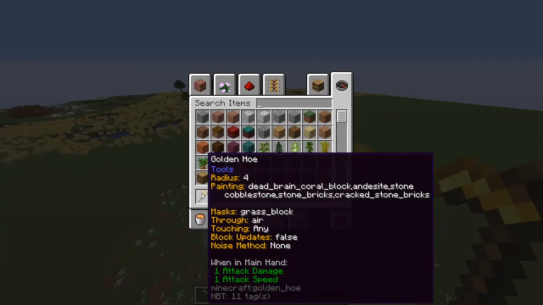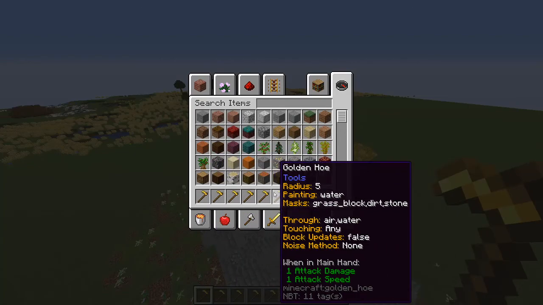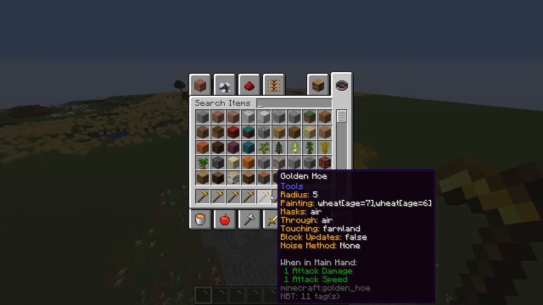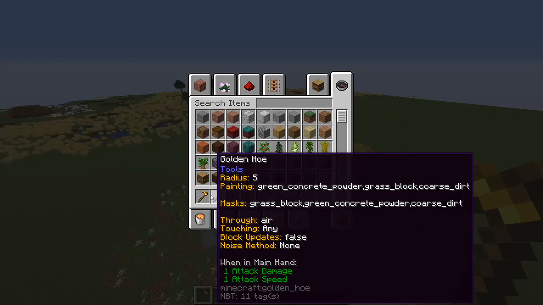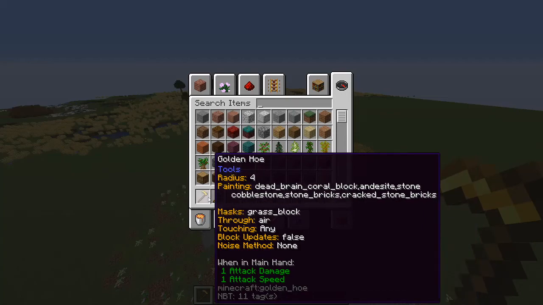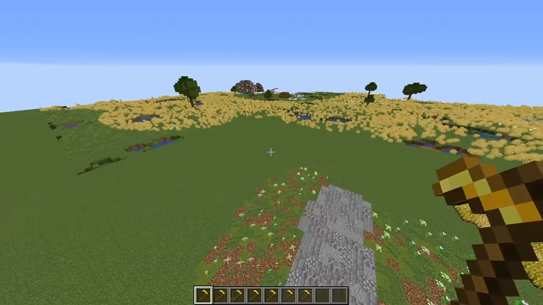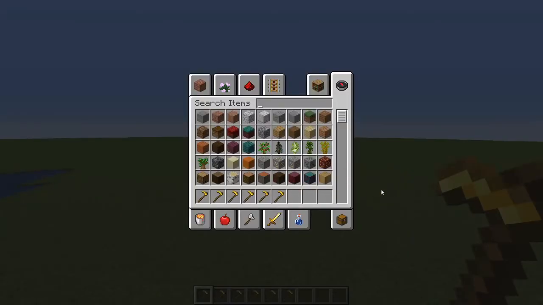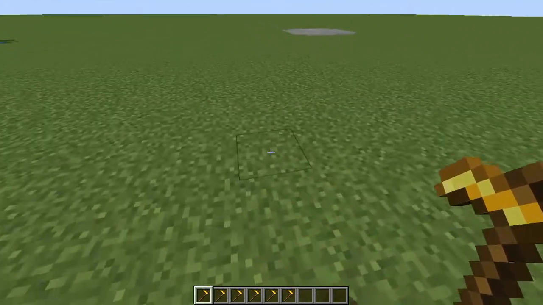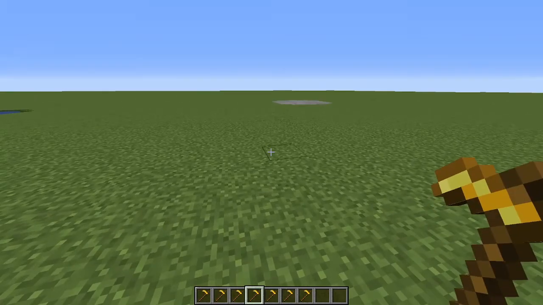So as you can see, it tells you what exactly each parameter is, and I'll be going over, like I said, these first six parameters today, and that will be all you'll need for 95% of all the brushes you make. What's nice about this is, since I'm doing this based off of NBT tags, you can drop them on the ground, you can give them to another player, you can put them into a chest, and they'll still be usable,